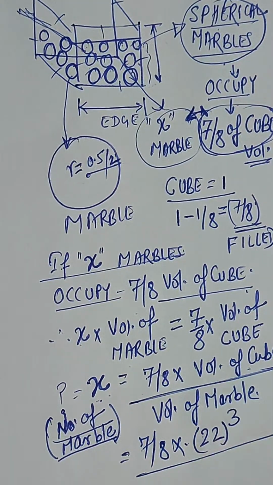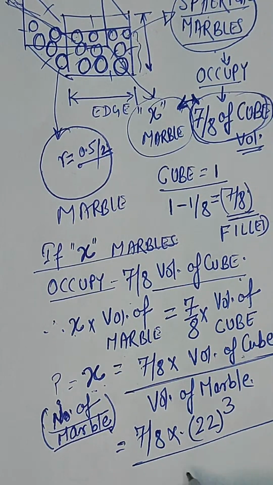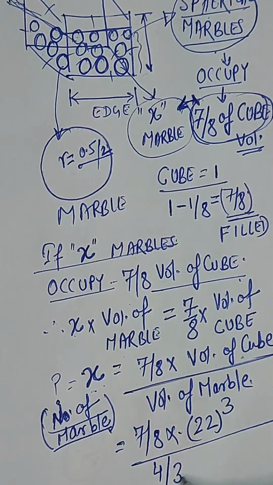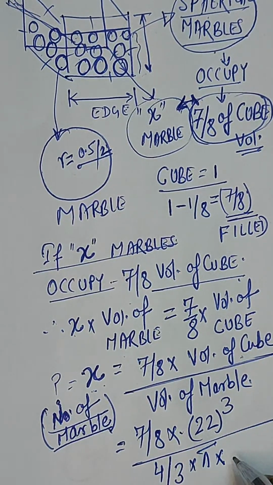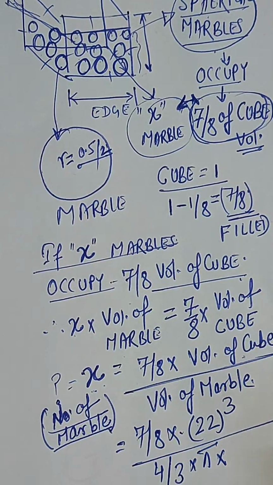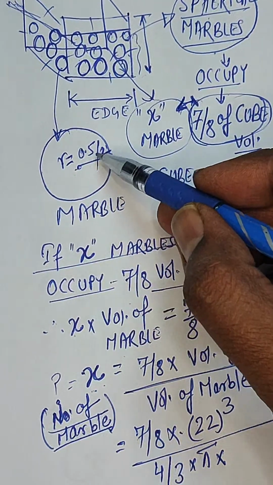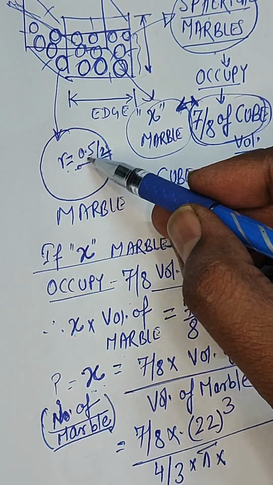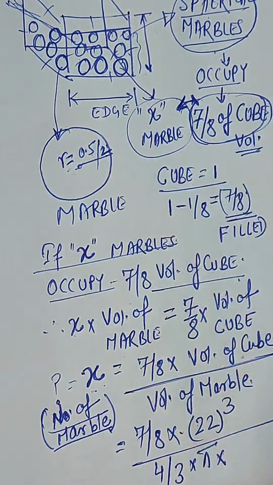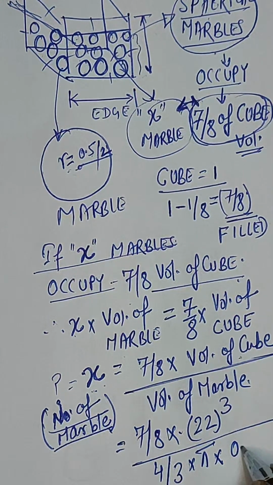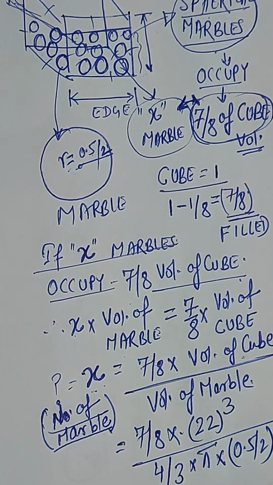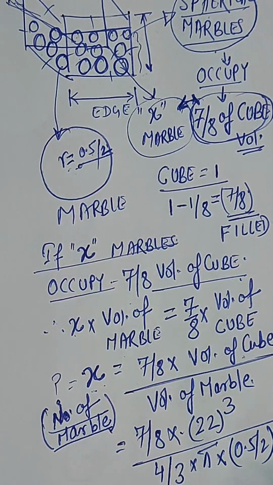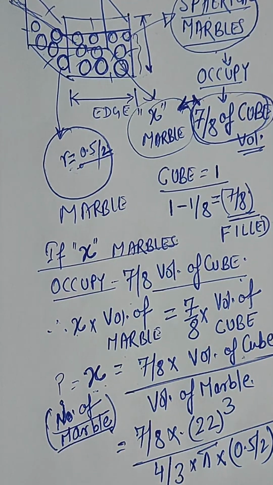You know what is the volume of the sphere? Volume of the sphere is 4 by 3 pi r cube. What is r? Since the diameter is 0.5, radius is 0.5 by 2. So 0.5 by 2 whole cube. When you just solve it, my dear friends,